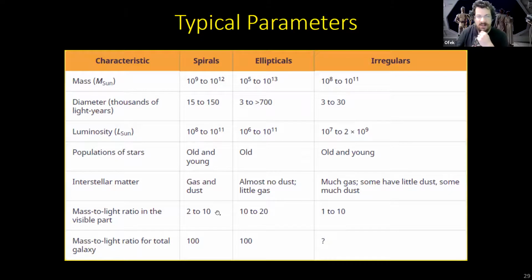Okay, we can also analyze slightly more complicated features like the mass to light ratio, that is how much mass per given luminosity, at least in the visible part. And this relation will help us know how much light to expect from a galaxy, or vice versa, how much mass to expect from a galaxy based on the amount of light that it produces, either for the visible part or for the total part of the galaxy that includes the dark matter, which we do not see.